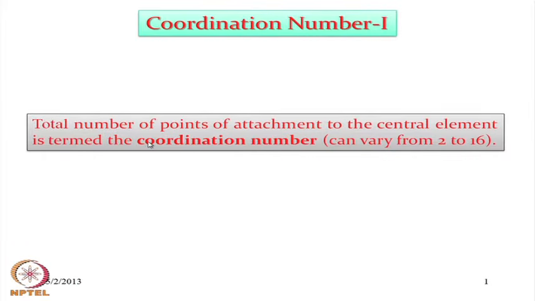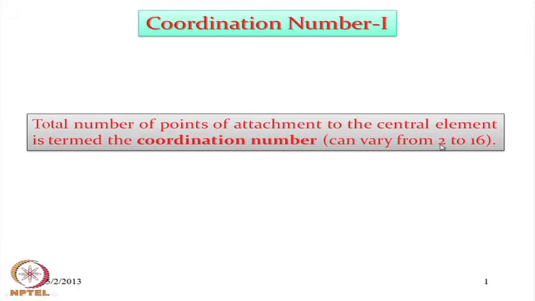Similarly, the total number of oxygen atoms attached to the manganese center in permanganate anion is also known as the corresponding coordination number of the manganese center in permanganate anion,